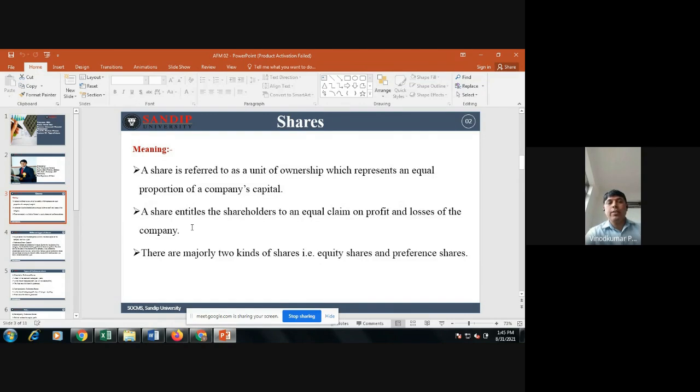Preference shareholders have a right to a fixed percentage dividend. But equity shareholders don't have a right like this. Even if the company is continuously getting profit, there is no condition available in the Indian Company Act about the